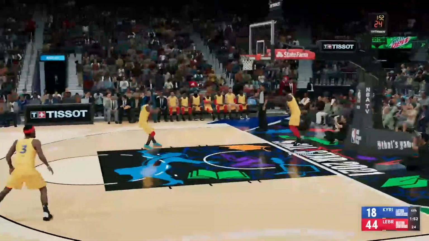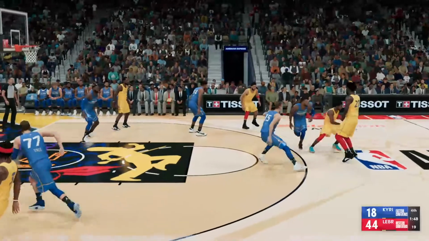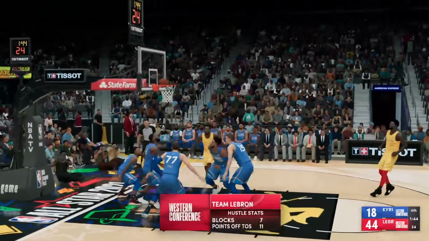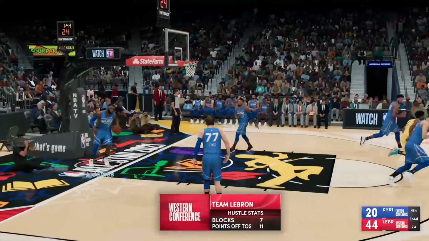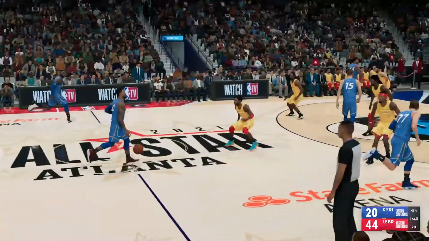And a chance now to catch up on some numbers here. The hustle stats for the West All-Stars. We've seen them make the extra effort from a defensive standpoint, closing out airspace and sending shots back. Something else they've done is force a lot of mistakes defensively, and they've been turning those turnovers into points.